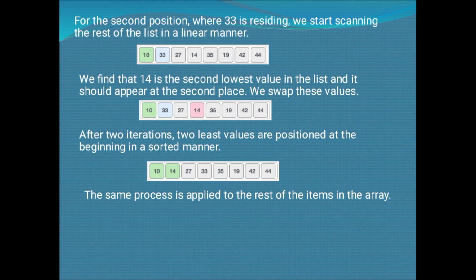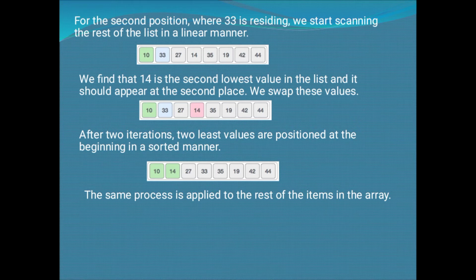Till now I have been searching for the smallest element in the array, and I have found it by comparing all the elements with one another. After this procedure is over, I got the next smallest element, that is 14. Which position is it at? The third position. In the diagram you will see a pink color: my 14 is the smallest element and it is at the third position.